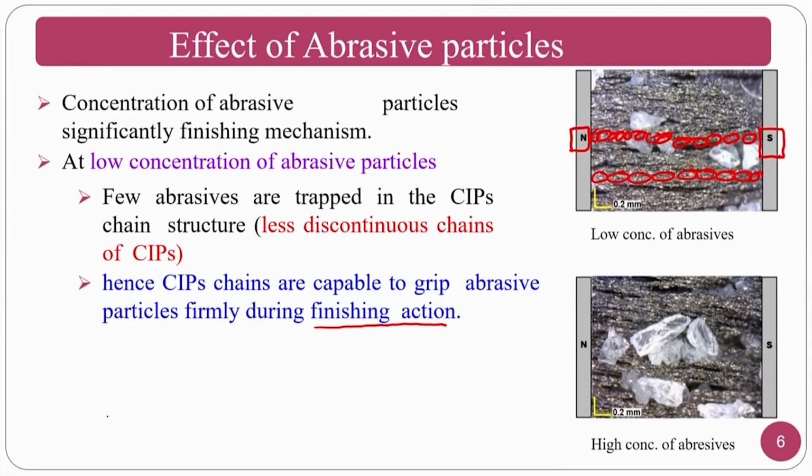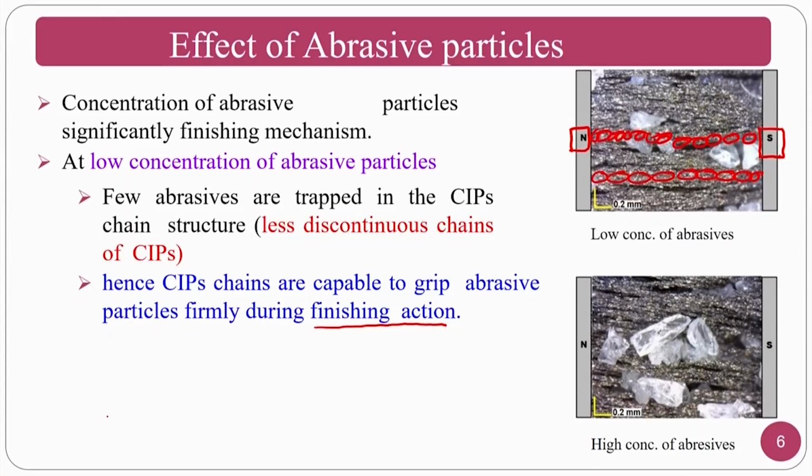If you look at the density of abrasive particles, if the abrasive particles are too few for the same amount of CIP particles, the CIP particles will have a good amount of strength to hold the abrasive particles. So that means the bonding will be good. That means the grade is good. In terms of the conventional grinding process, the bonding between the bonding material and the abrasive will be